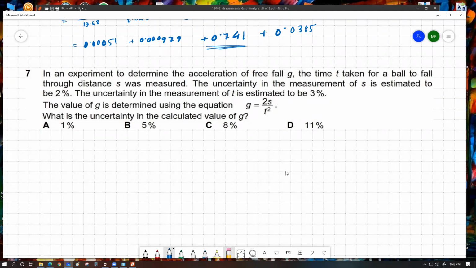আচ্ছা, সো এখানে আমাদের s এর ভ্যালু হচ্ছে পার্সেন্ট আনসারটি অফ s হচ্ছে 2%, পার্সেন্ট আনসারটি অফ t হচ্ছে 3%। তাহলে g এর ভ্যালুতে আমাদের পার্সেন্ট আনসারটি কত হবে? এখান থেকে আমরা দেখছি যে percentage uncertainty of g should be equal to percentage uncertainty of s plus twice the percentage uncertainty of t। কোশ্চেনটা কি বুঝছো? জি স্যার, বুঝছি। সো এখন জাস্ট ভ্যালুগুলো অ্যাড করে দাও। এটা আসবে 2% plus twice into 3%, which gives you 8%।